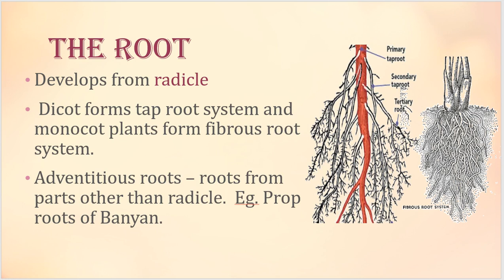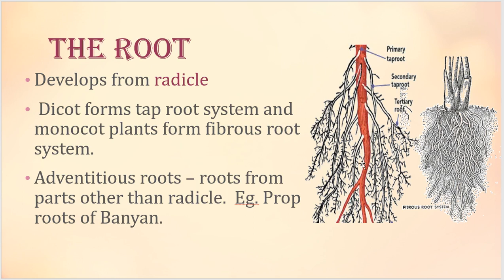It is from a single cell in an embryo. The root system is completely developed from a single cell, which is known as a radicle. Radicle is the primary cell from which the entire root system forms. If the radicle develops and undergoes cell division, it develops a complete root system that forms a strong primary root, what you can see here in this picture. This primary root is formed from the radicle.